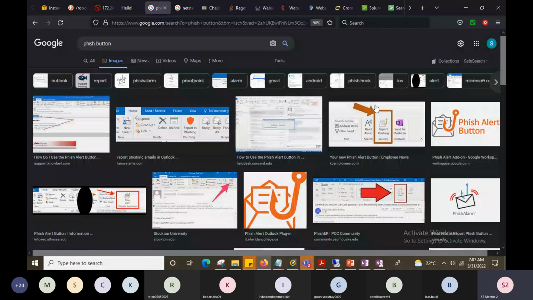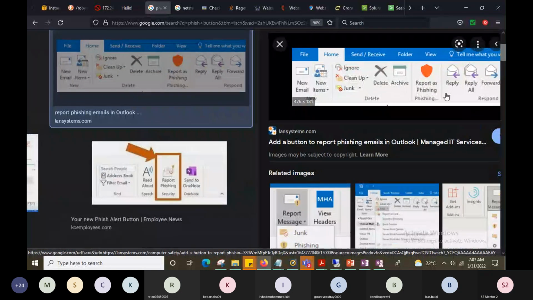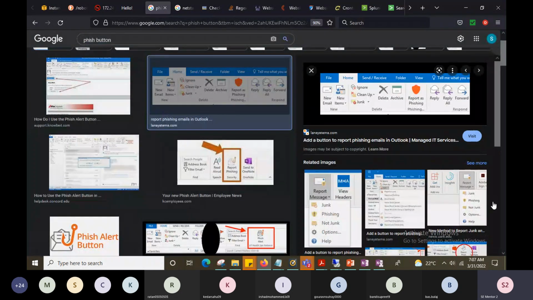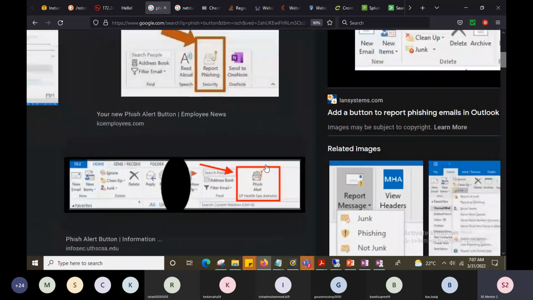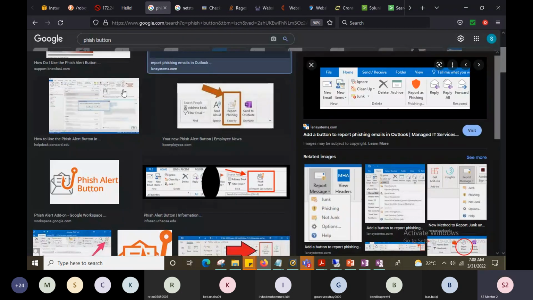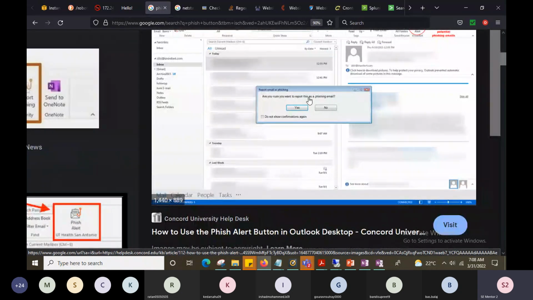You see this, right? In your Outlook, you will have a button like this, report as phishing, or report phishing. This is a configuration that you might have to work with the IT team to have. Users just click on this particular phish alert. They'll get a pop-up, thank you for reporting, or something like, are you sure you want to report this as phishing? If they say yes,